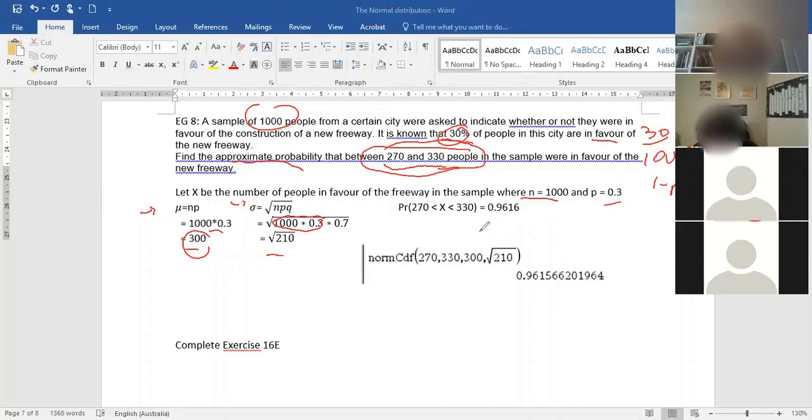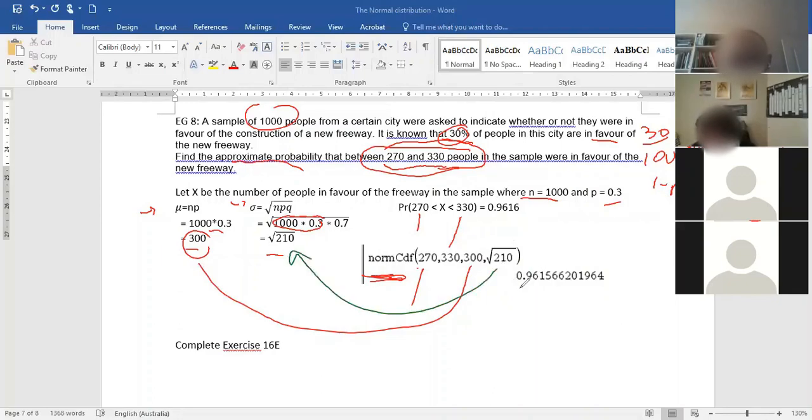So we're going to work it out. Because we're applying the normal distribution to this binomial, we're going to use normal CDF. We know our 270, we know our 330, and we worked out our mean and our standard deviation. Once we work it out, we get our answer of 0.961566, etc. So we can use that approximation by working out the mean and standard deviation and then using the normal CDF to do these questions. Any questions there? No. Okay, that is the last